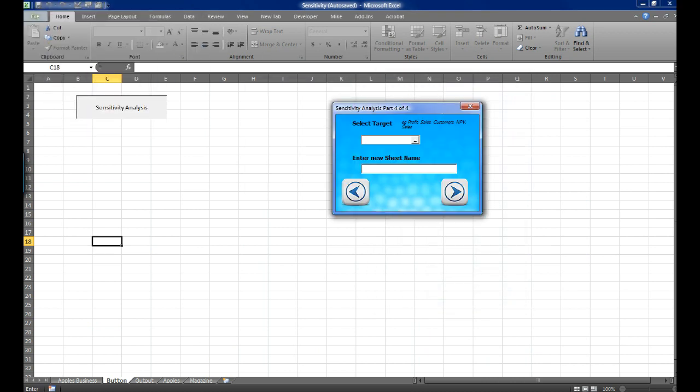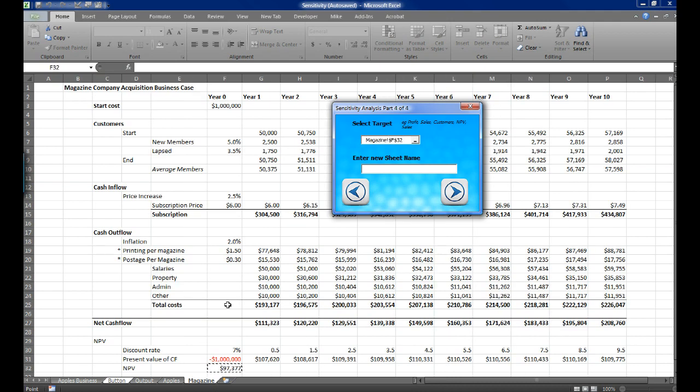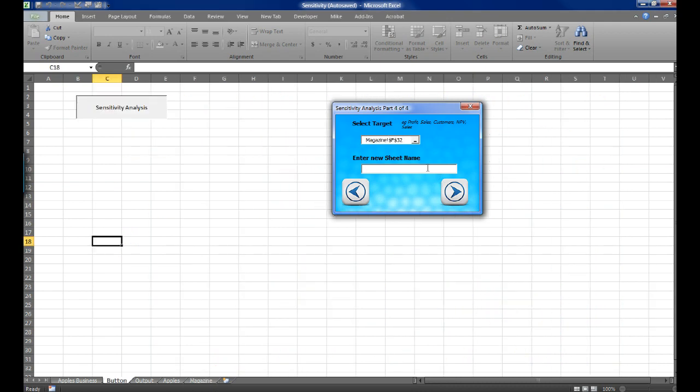What's our target cell? That's actually our NPV here, and we'll name it. Bear in mind, if you select a name that already exists, it'll come up with an error. For example, if we select button and we click Next, it'll tell us that we need to select something that is unique. So we'll call this magazine subscription model,